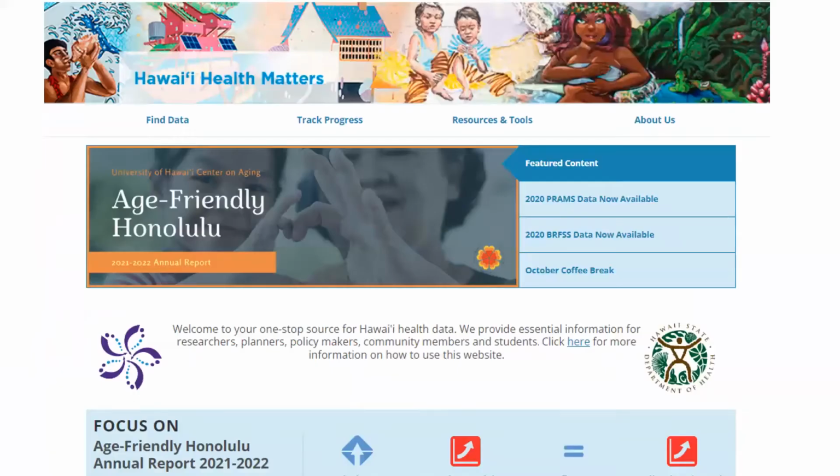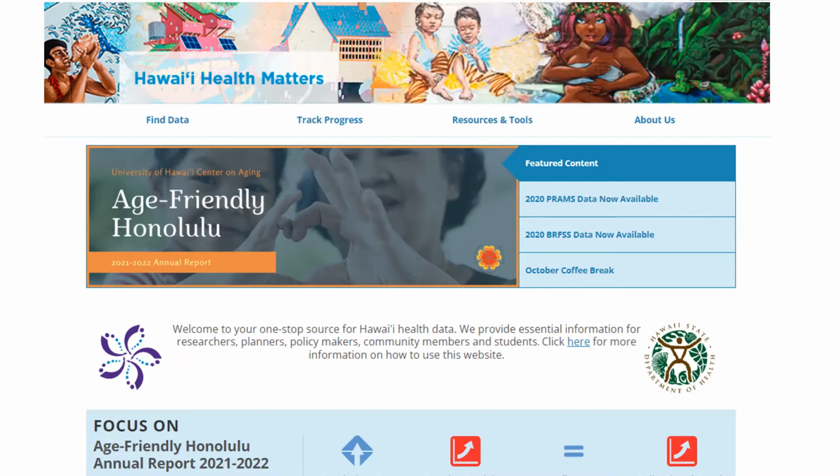We introduced Hawaii Health Matters, or HHM, in 2009, and it's gone through several overhauls since then. But HHM was designed to provide a friendly way for users to access and interpret health data. Since it was originally designed with state and county data in mind, almost all indicators have data for both, and many have additional data by other demographic variables like age, sex, and race ethnicity. Moreover, HHM also contains sub-county level data, so census place, primary care service area, zip codes, all the way down to the census tract for some indicators. The geography varies by the indicator and its data source.